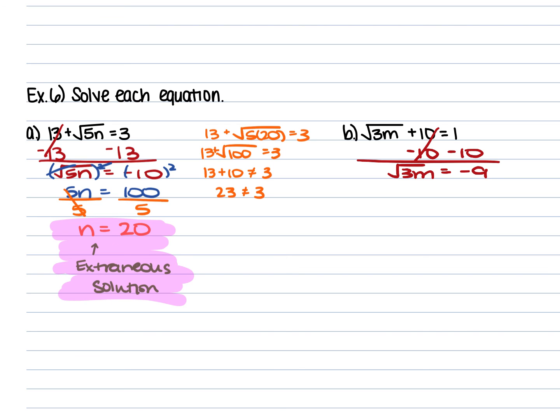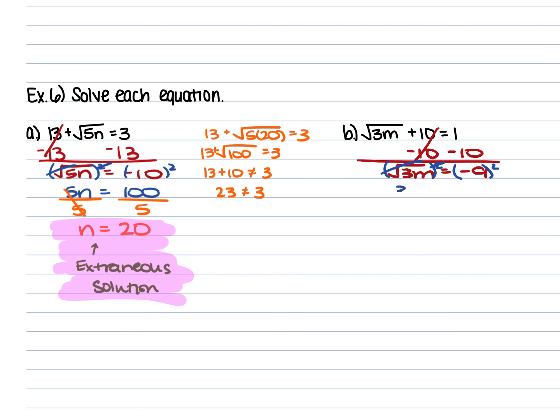This is your dead giveaway, by the way, that you're going to have an extraneous solution, because the square root of anything is never equal to a negative number. Just like when you had the square root of 5n is equal to negative 10 in the question before this, it's a dead giveaway. You can never take the square root of a number and get a negative, which is why, again, it's a dead giveaway. From here, square both sides,